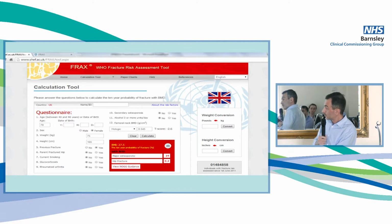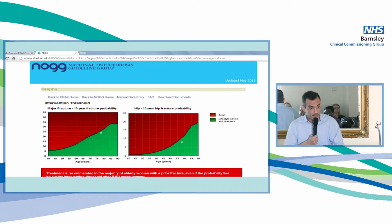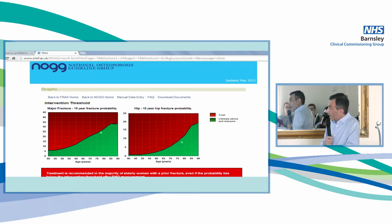And then if you click on that, it gives you some kind of guidance as to whether the patient falls into the high risk area or low risk area. So if it's in the red area, this patient needs bone protection. If it's in the green area, not necessarily. However, this is a guide, and even in some patients, if they fall in the green area, we would still